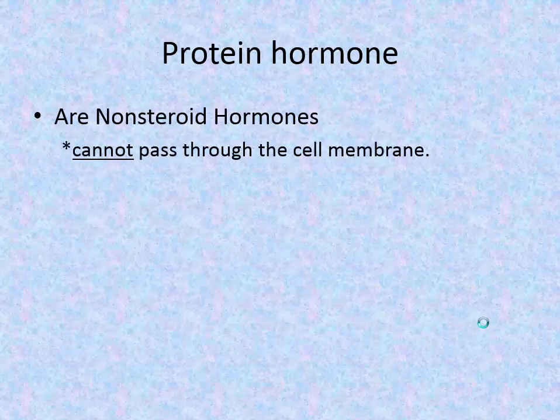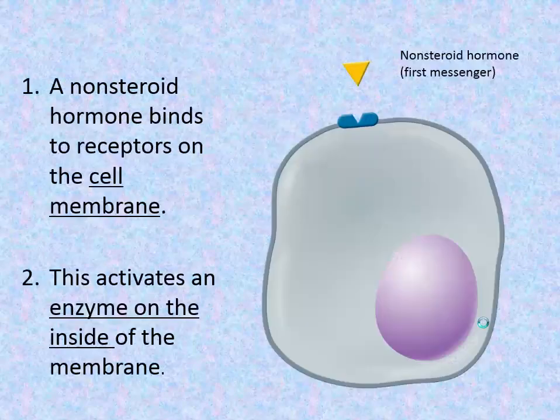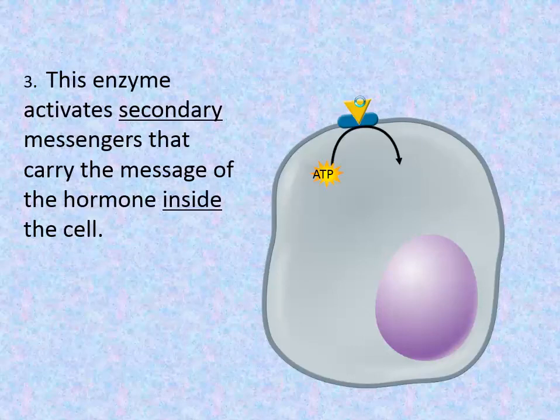Okay, we had the steroid hormones, which could pass through the cell membrane. Now we have the non-steroid hormones, which do not pass through the cell membrane. So if you look at this one, if you remember, on the steroid hormone, the receptor was on the inside of the cell. This time, it's right on the cell membrane. So that non-steroid hormone will bind to the receptor on the cell membrane, and then what happens is an enzyme is activated,